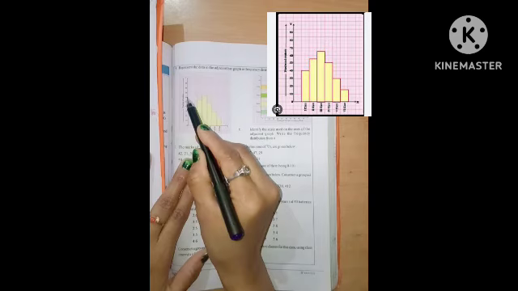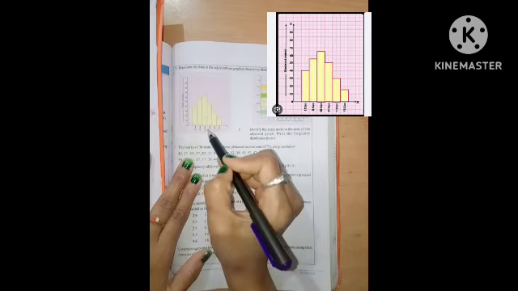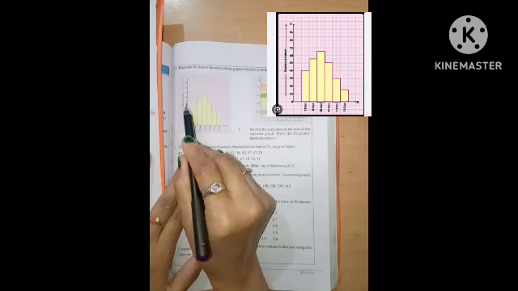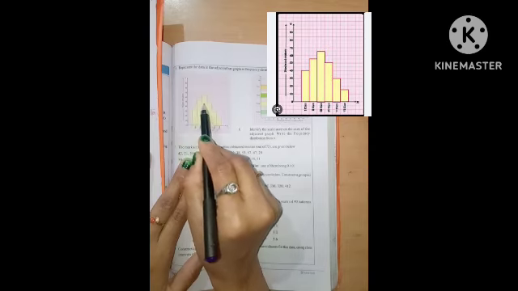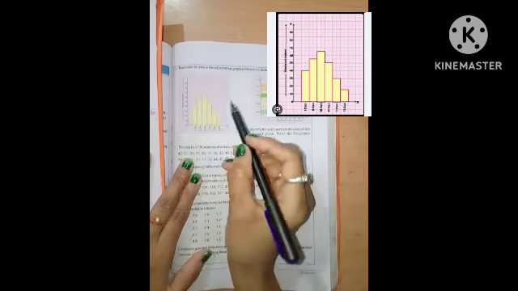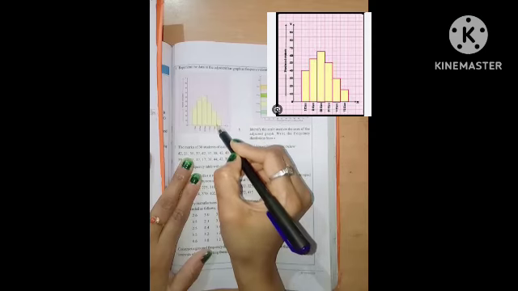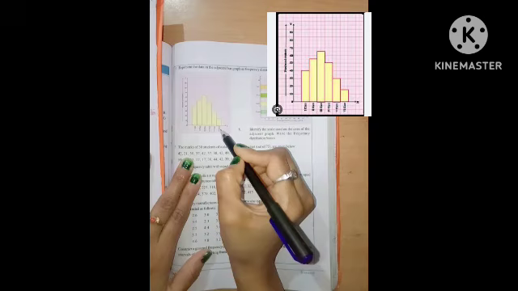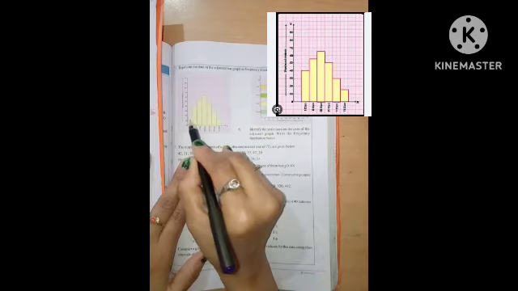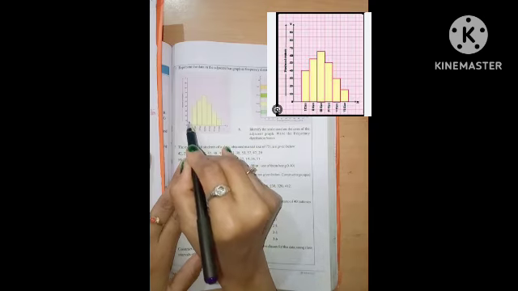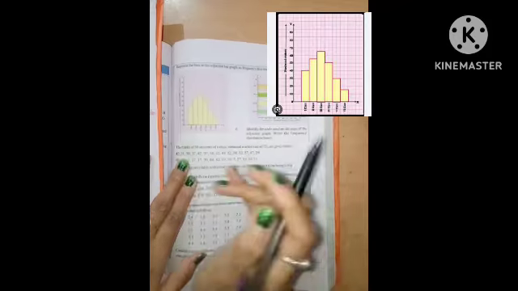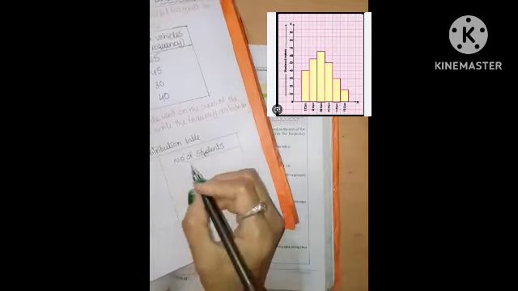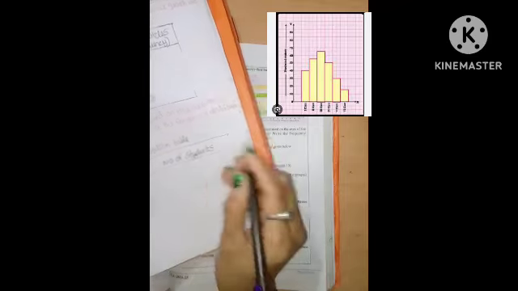So 65. And the fourth class, how many students does the vertical bar represent? It is 50 only. The fifth class is 30. The sixth class is between 10 and 20, so 15 only. Write this data in the second column. That is the solution. Number of students is